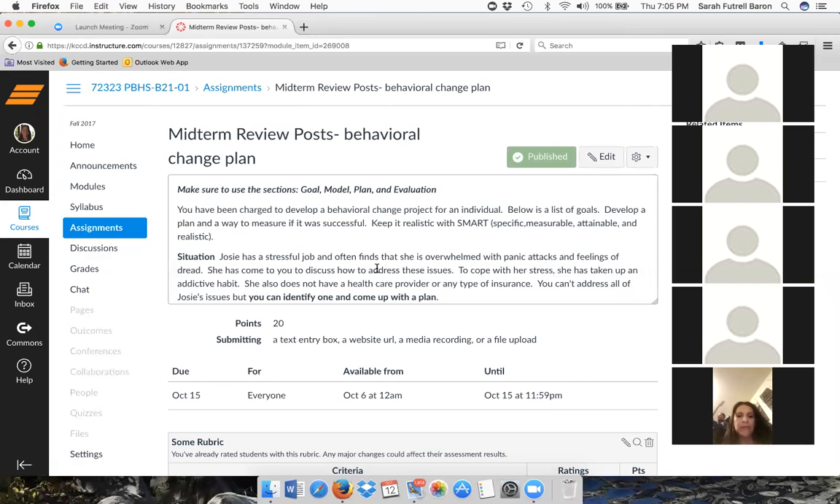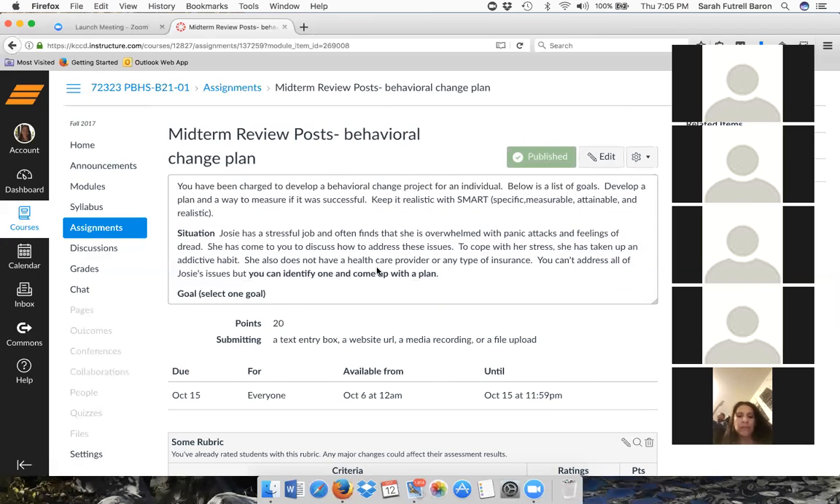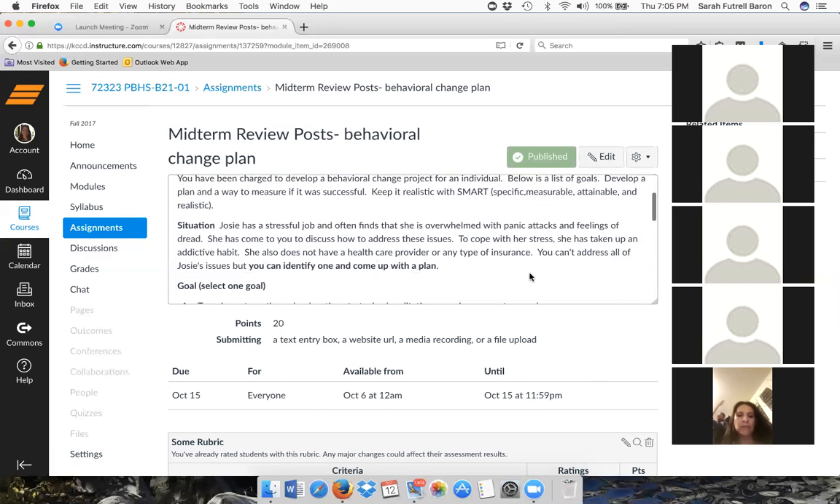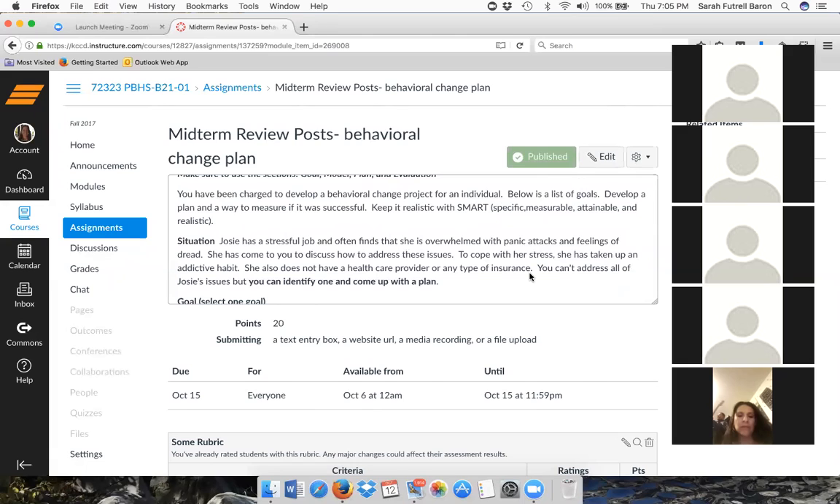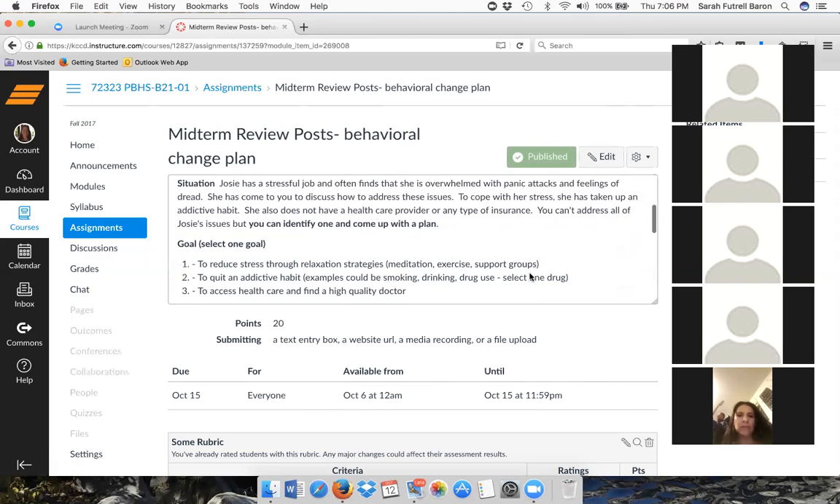She also does not have a health care provider or any type of insurance. And this is a real problem because you want her to get a primary care health care provider. You can't address all of these issues. So I'm going to ask you to focus in on what you think Josie can do. And so what you're going to do